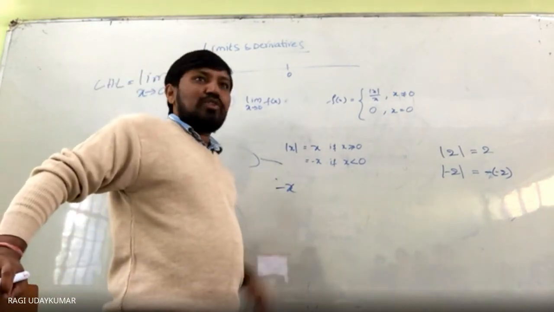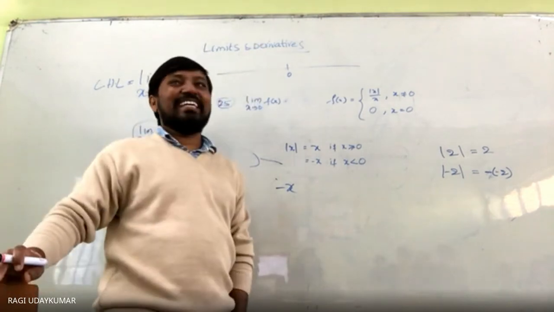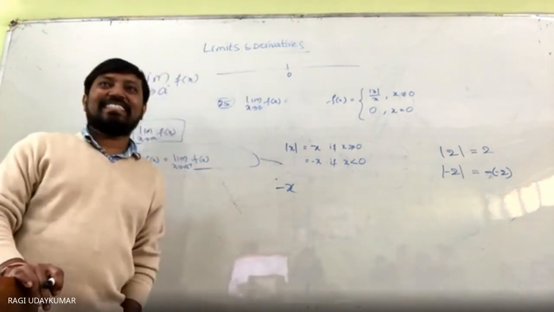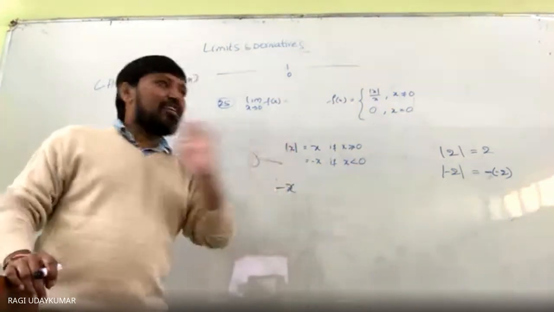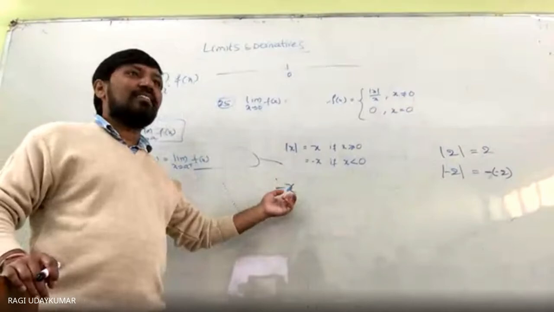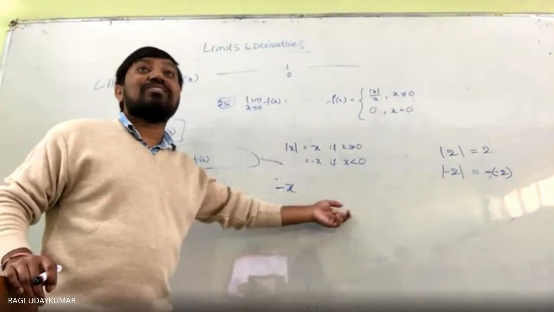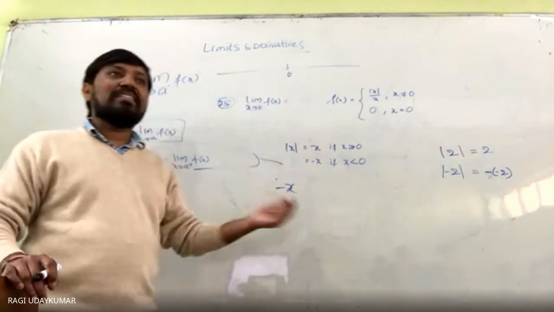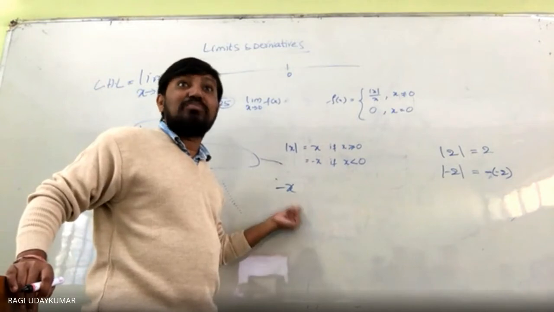This is negative or positive? The value of x, if it is minus. In the previous class also I asked this. Whether it is negative or positive, mostly when you see a minus you say negative. But if I take x equals minus 2, then it becomes positive. We cannot say exactly; it depends upon the variable x.